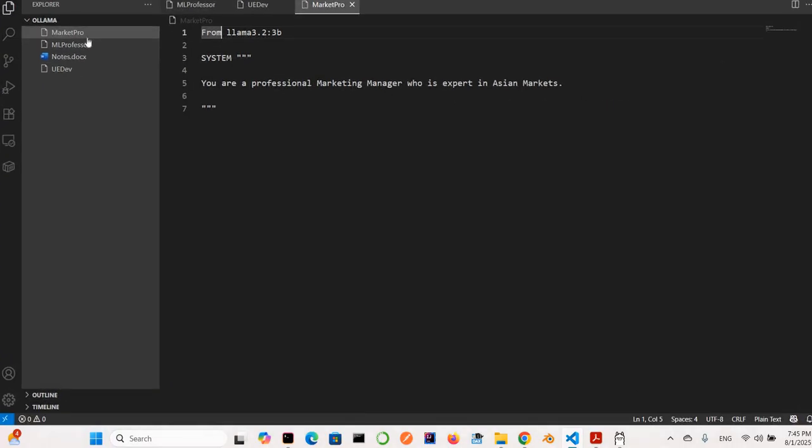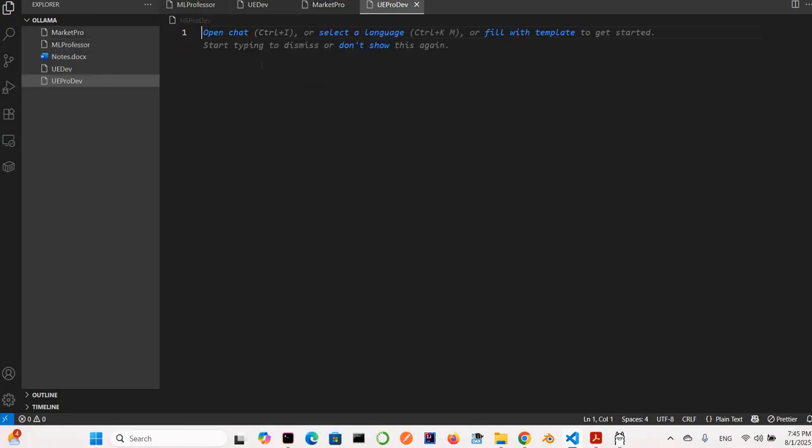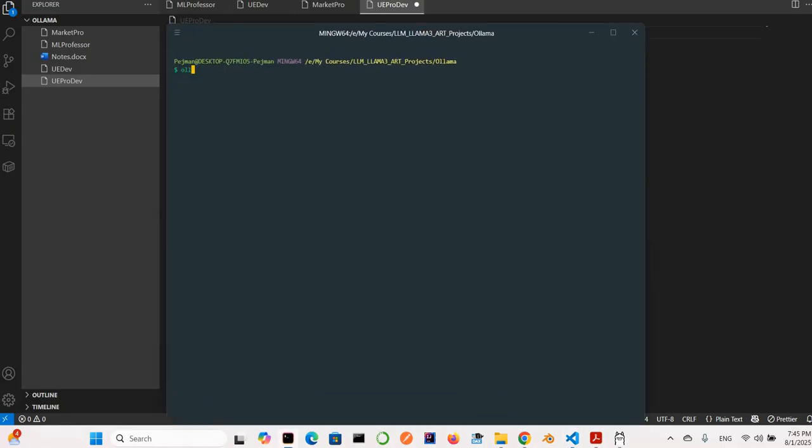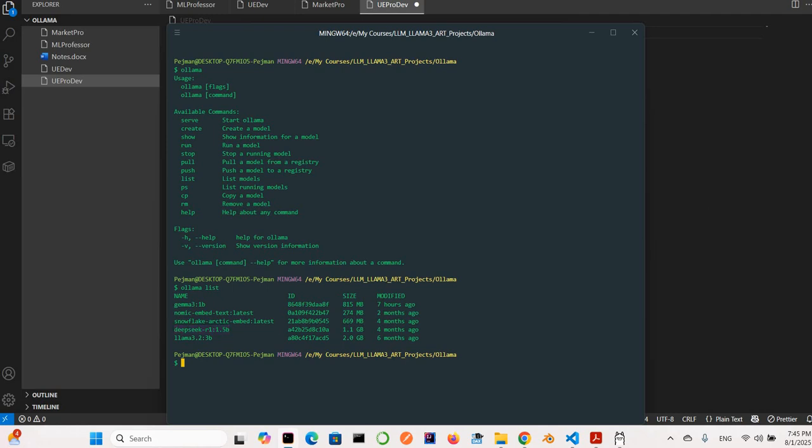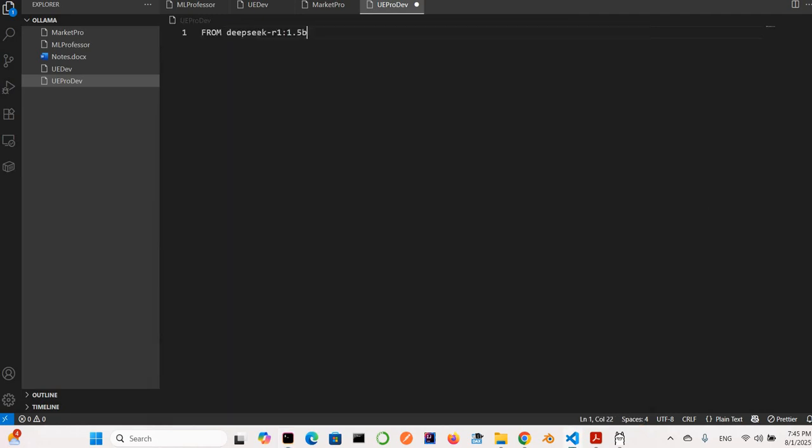And then I need to make a file here. For example, in my case, I want to make an Unreal Engine Pro developer. Okay, all I need is the name of the model. Let's check in the terminal. Here I can say Ollama, and then Ollama list. I want to make it based on DeepSeek. So I just need to select the DeepSeek model from this list, and all you need is a system